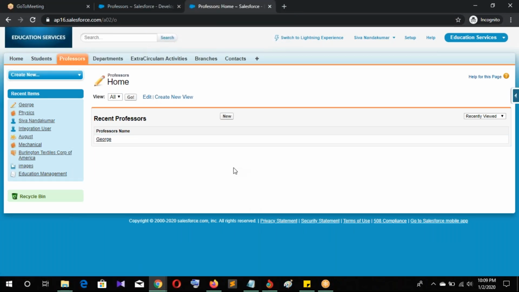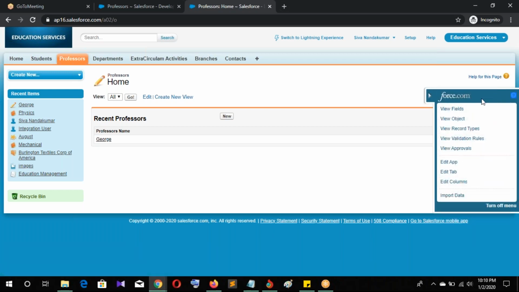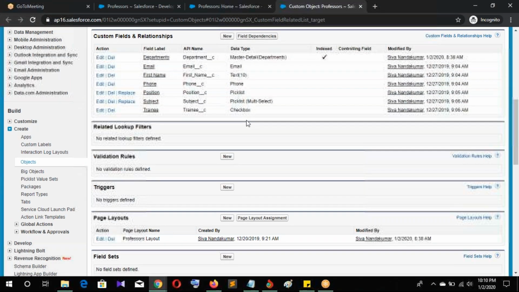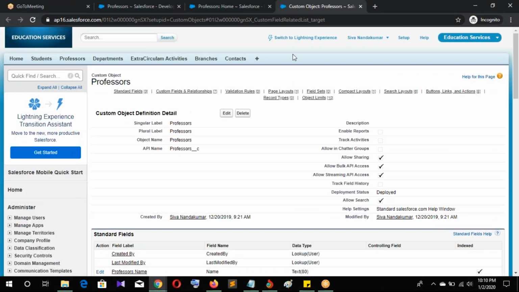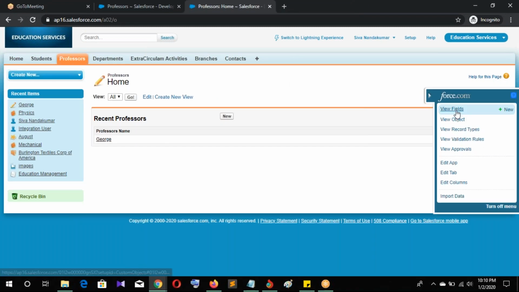In the meanwhile, what are you missing on this? When I went to the right corner and went to fields, I could not find the parent master detail relationship. I can explain later. Let's see.